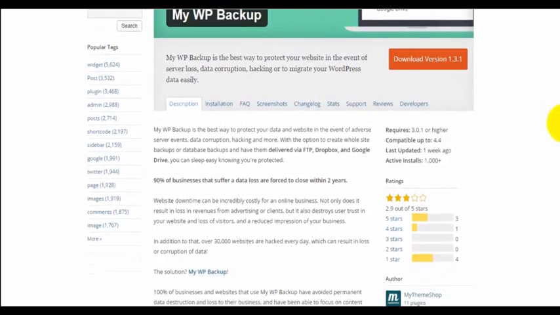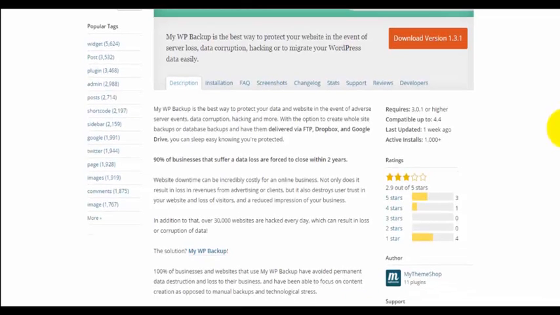The solution is MyWP Backup. 100% of businesses and websites that use MyWP Backup have avoided permanent data destruction and loss to their business, and have been able to focus on content creation as opposed to manual backups and technological stress.